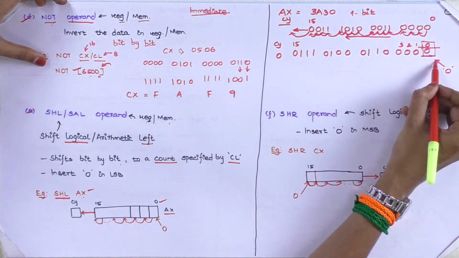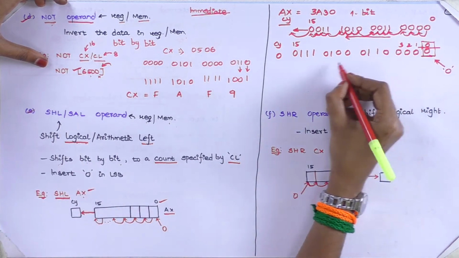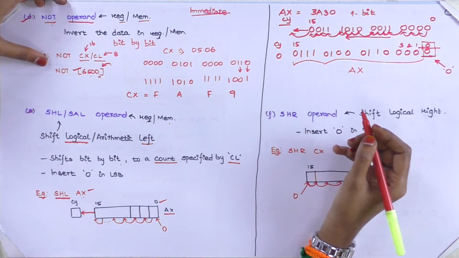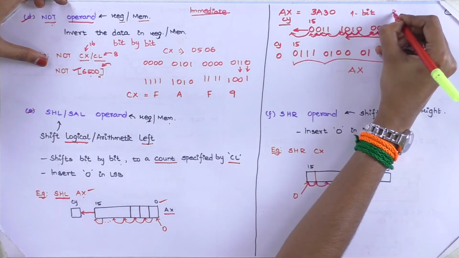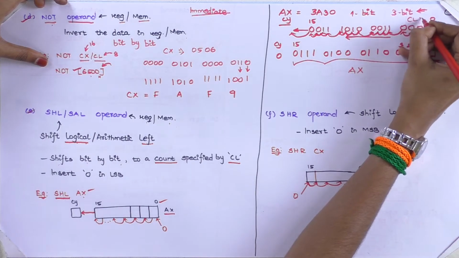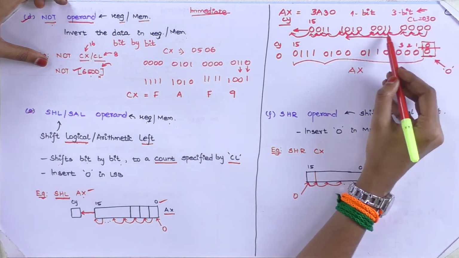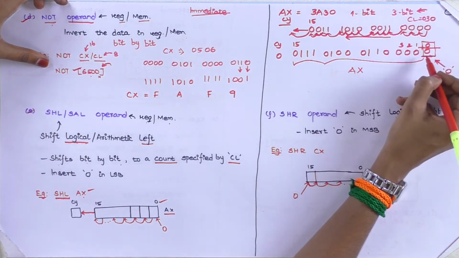So a 0 has been inserted since I am performing logical shift. Fine. So now the result value will again be stored in X register. Okay. So if you want to perform 3-bit shift, in the sense CL register will have the value 3. Okay. Then this shift operation will happen 3 times, or 3 bits it has been shifted, which means that the